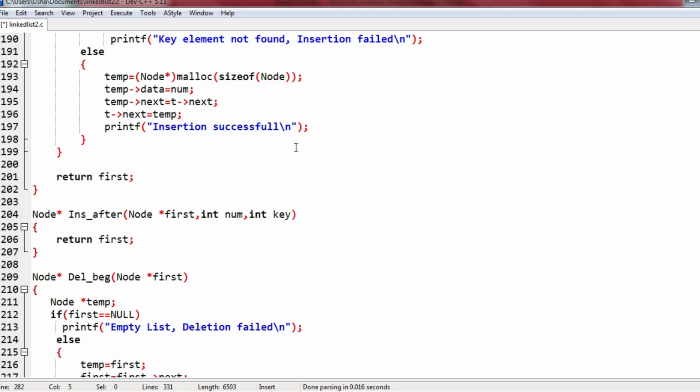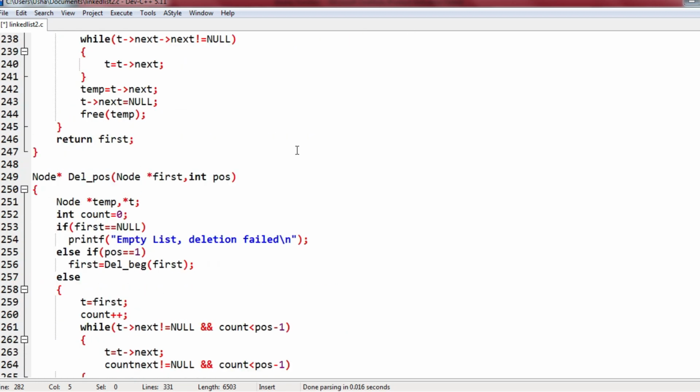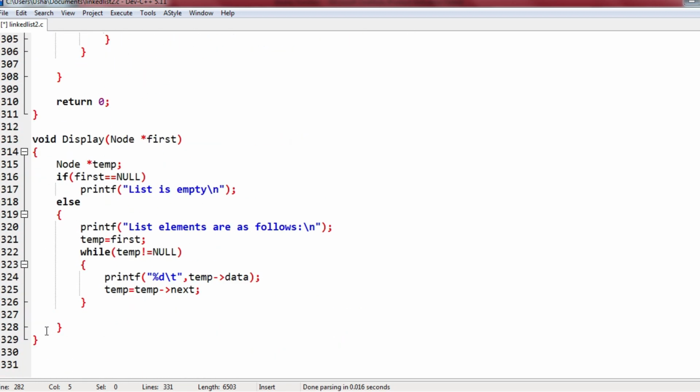Further, if you have any doubts, feel free to ask, and make sure you practice this single linked list program completely, because if you practice this perfectly, then most of the programs' solutions are going to be part of this program only. It's a very lengthy program: we have 330 lines of code, in spite of two functions still not defined. If we define those also, it will go beyond 350 or 360.